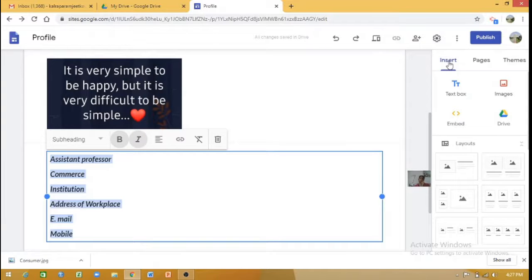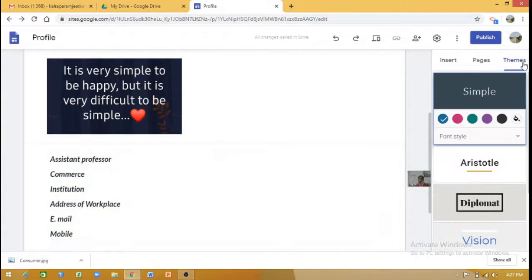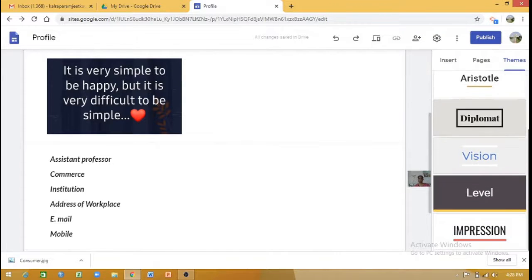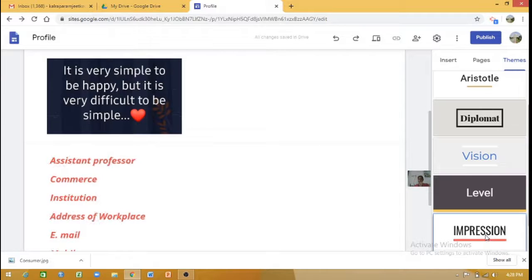Like we have gone on the insert tab, now we can go on the themes tab. Themes tab will give you different types of themes. You can change the colors of your site. You can have different types of fonts. See, I'm making changes over here, and ultimately here it is getting changed.